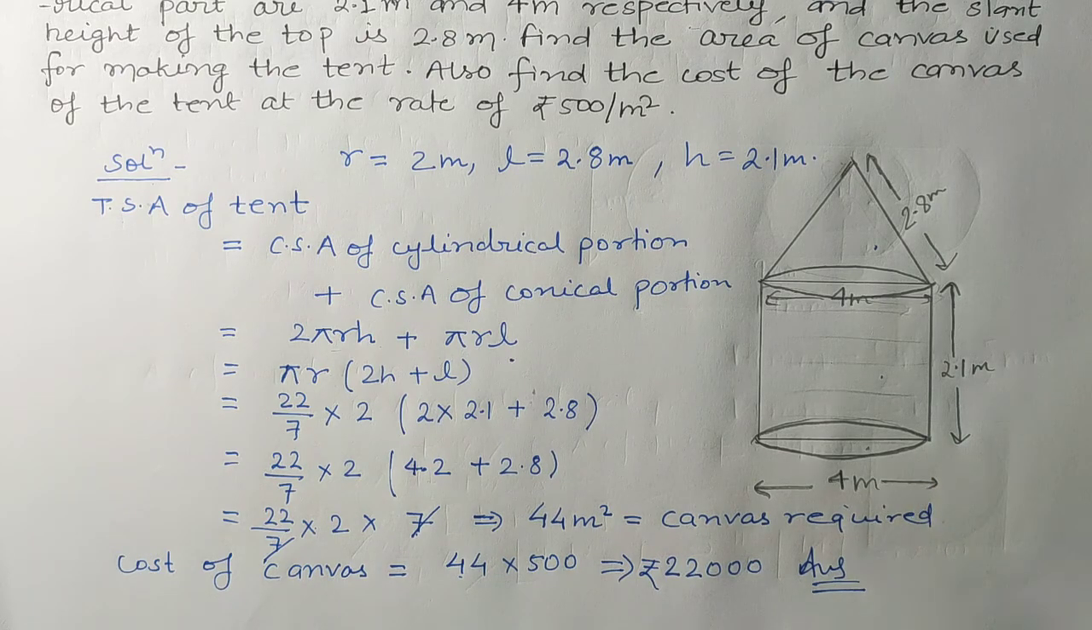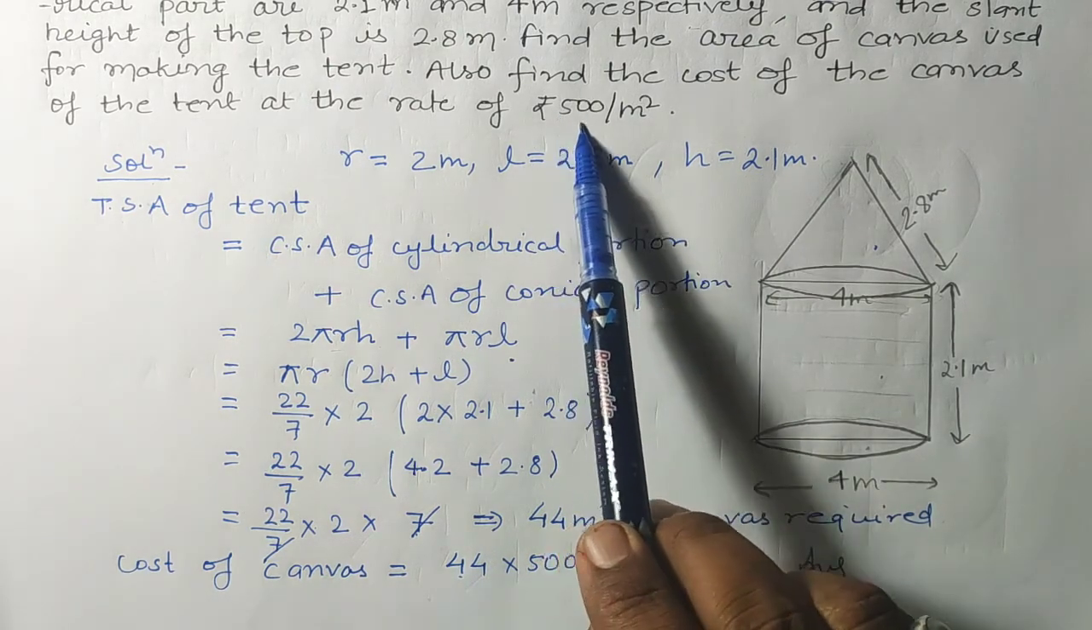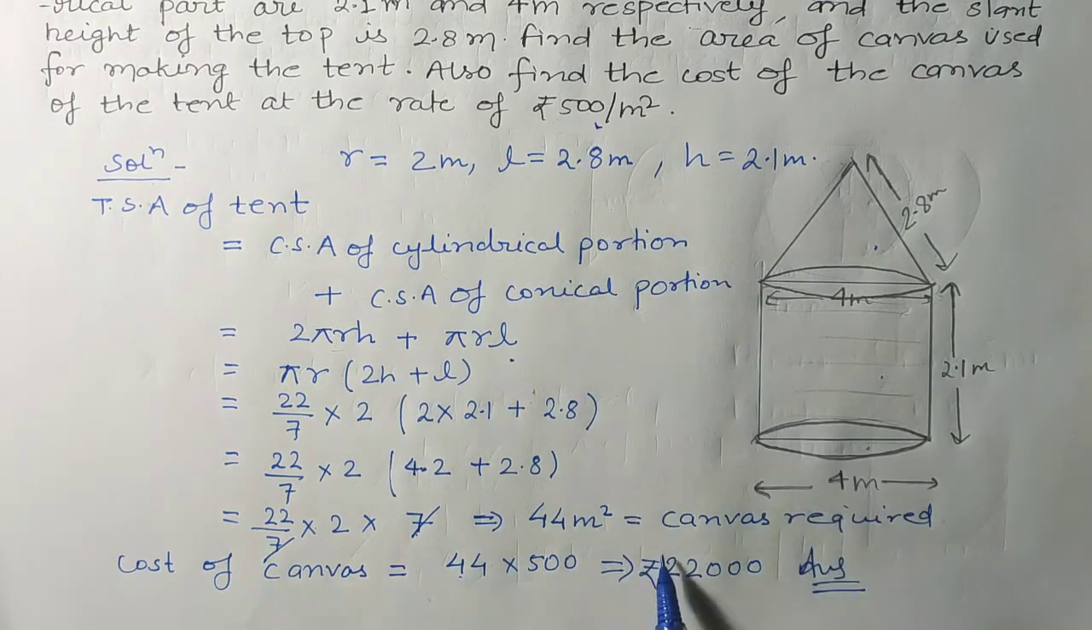Basically it is the area of the canvas used for making the tent. Okay, now one more part is there, to find out the cost of that canvas, that is the cost of 44 meter square canvas. So we know that for 1 meter square of canvas the cost is rupees 500. So we have to multiply 500 into 44, and after that we have got the result, that is rupees 22,000. Okay, so it will be the total cost of making this tent. Okay students,